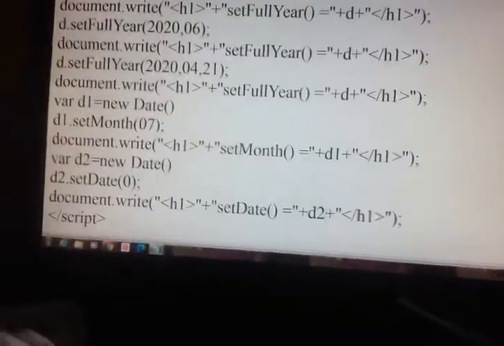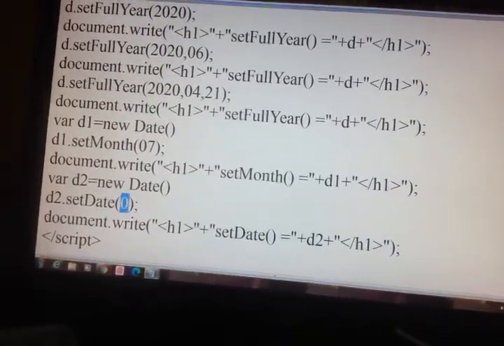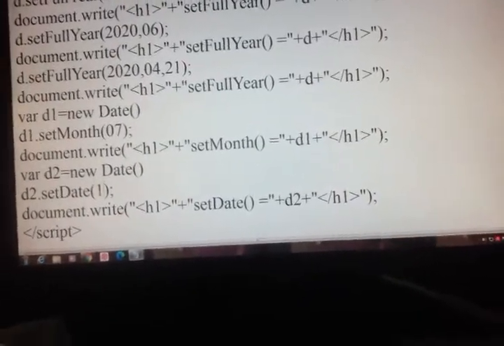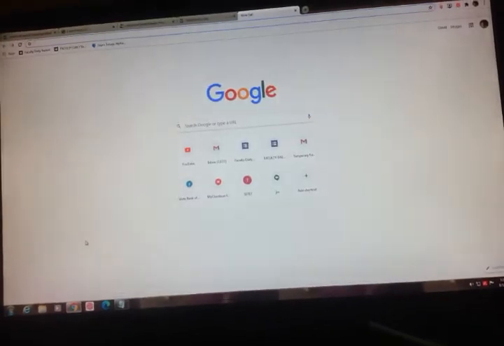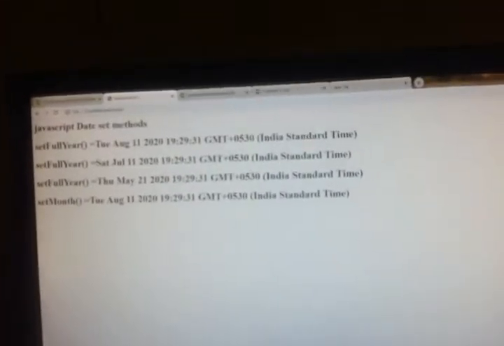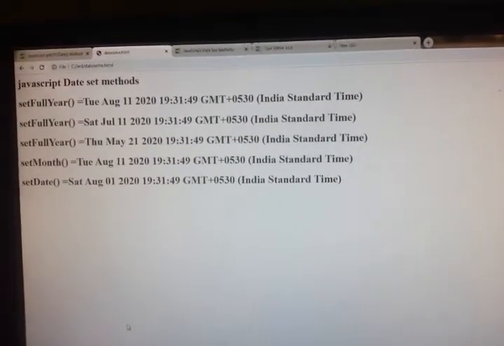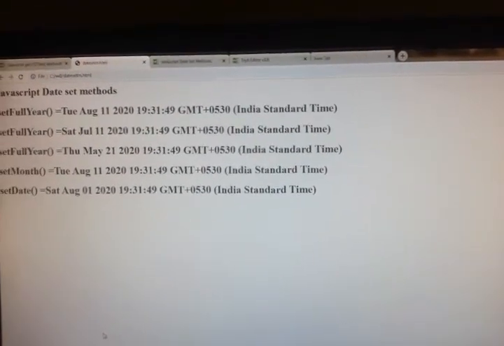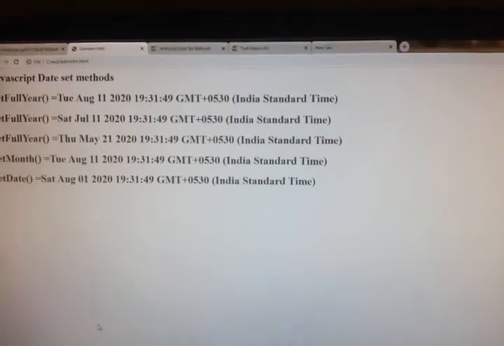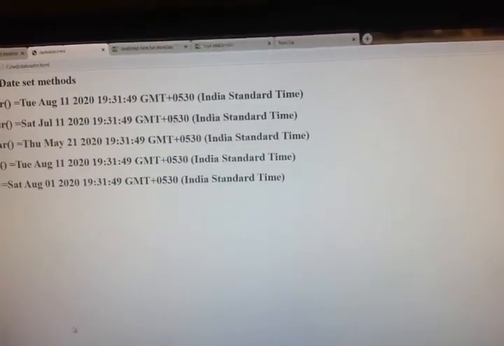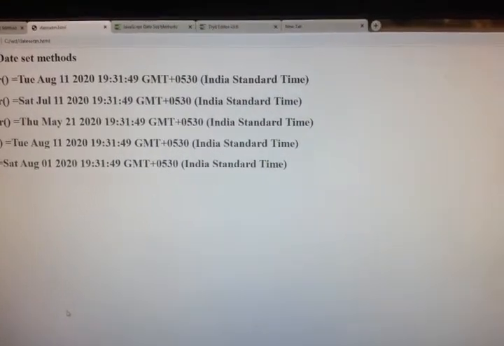So here I have to pass 1. Now we will see what output we get. As today is August 11, and I have set the date to 1, I got August 1. So I am changing the date using the set date method.